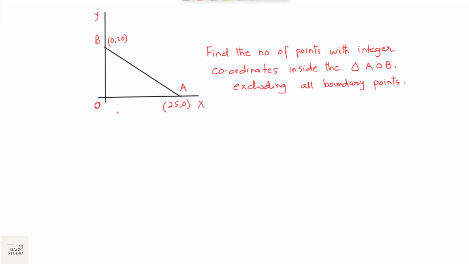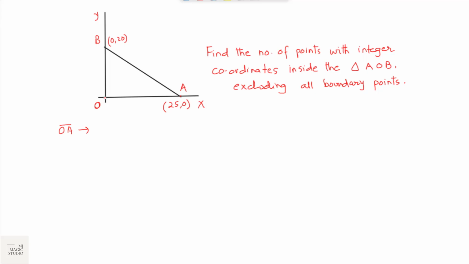AOB is a triangle. OA, OB and AB are 3 line segments as shown in the figure. We need to find the number of points with integral coordinates which lie inside this triangle AOB, excluding the boundary points. Okay. So let us take our first line segment OA, the number of boundary points